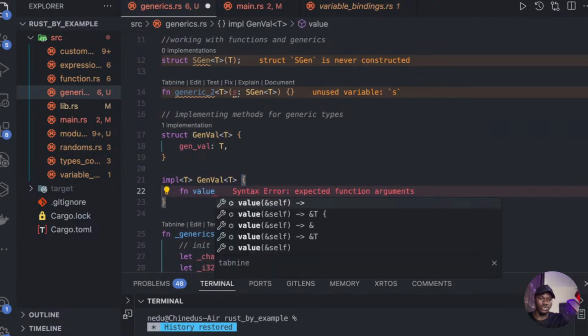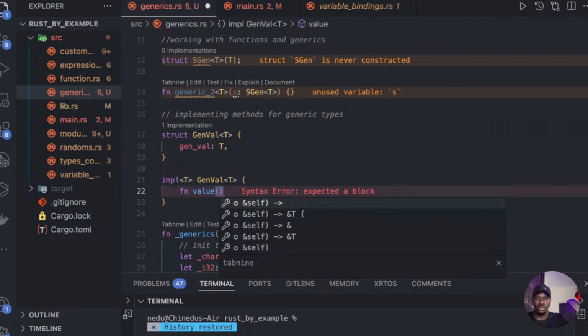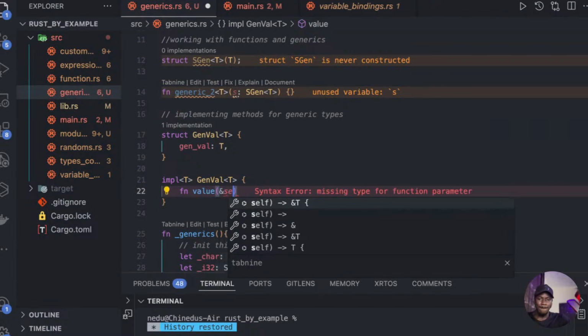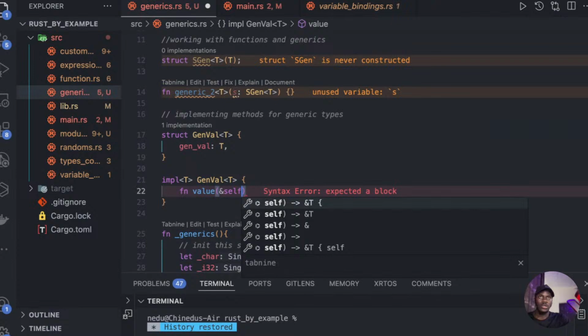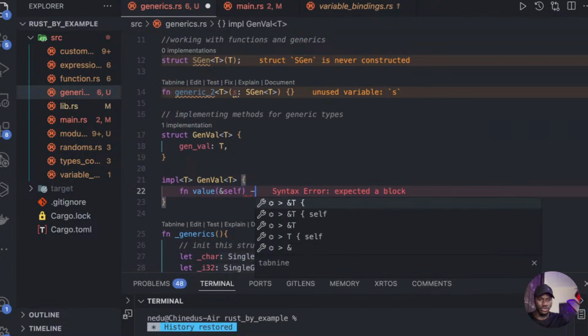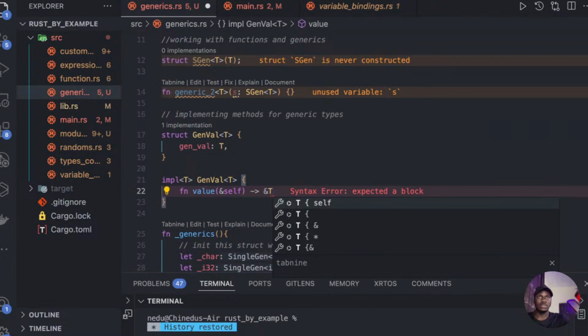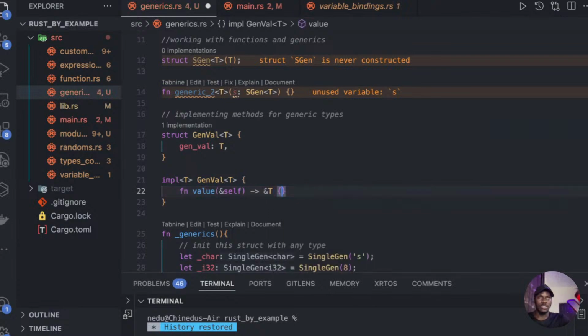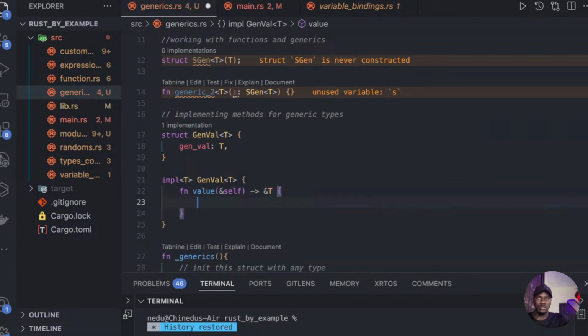and this value function is going to take, as usual, a reference to self, and it is going to return whatever it is that is our generic type. So if the generic type is a boolean that we passed in, it's going to return that, right? So we're going to pass T here. So that is the placeholder, and we're going to pass the reference to